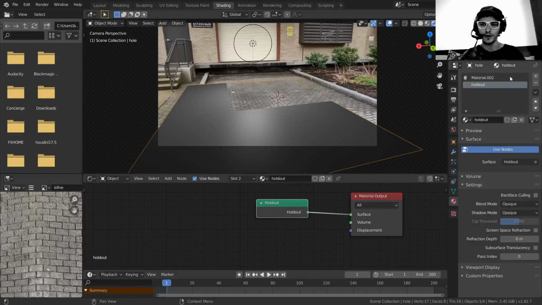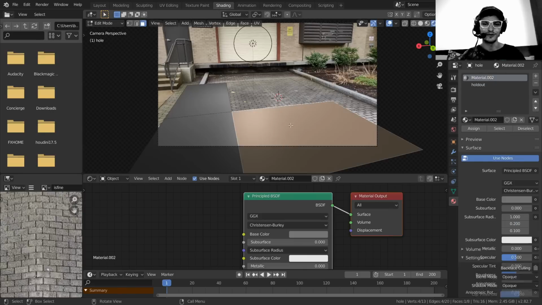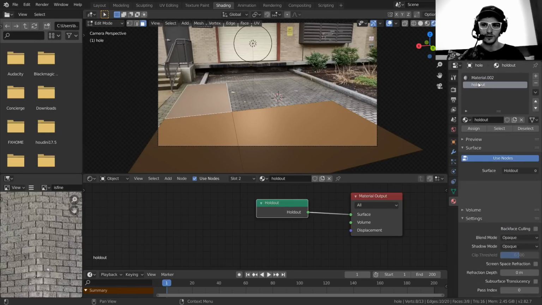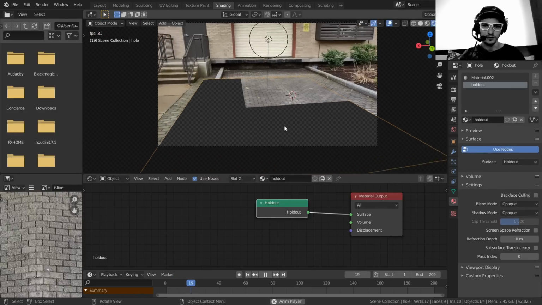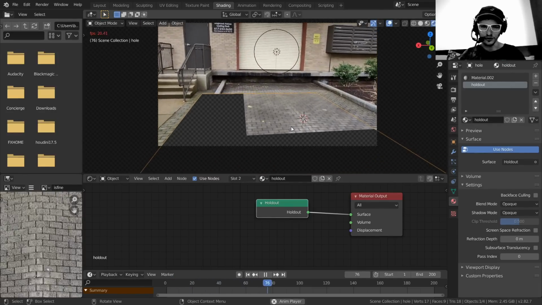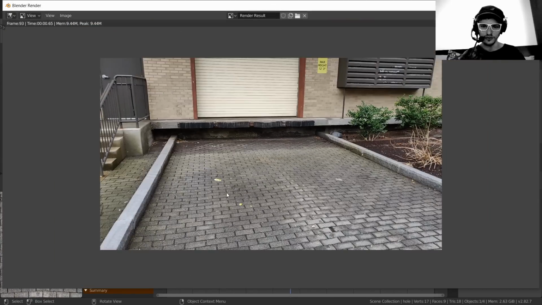And the reason is, while we do have 2 slots, all the faces belong to this first slot, meaning that we need to have this material selected, go into edit mode, select these 3 faces, holdout, assign. So now we've assigned our holdout material, or really we assigned the second slot to these 3 faces, which makes it transparent, which kind of looks weird in the viewport, but when we hit render now, it should look like